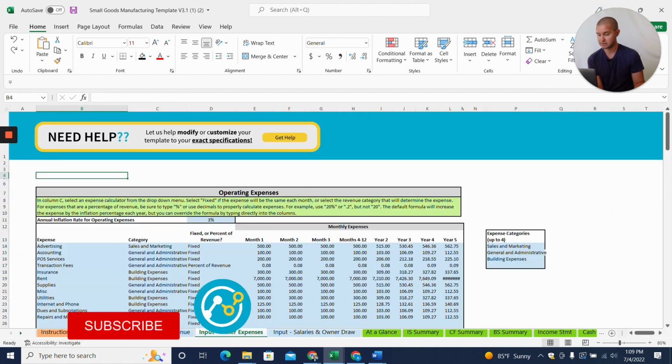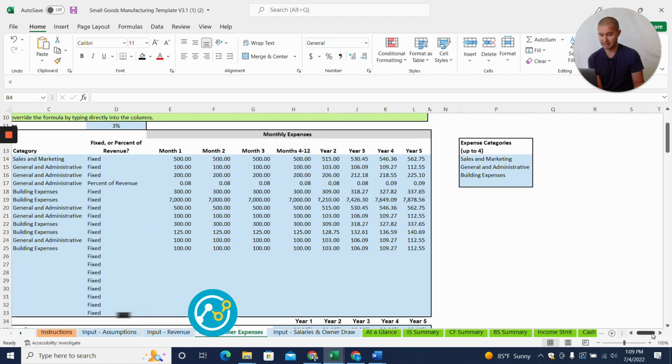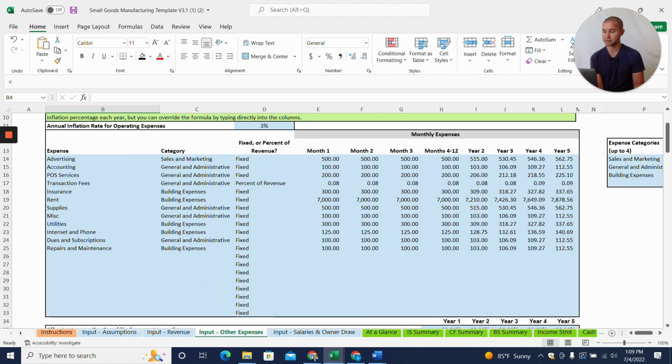All right. So now let's jump to our input other expenses tab. And what we have here is the ability to enter in different operating expenses. We've already entered in material cost of goods sold, labor cost of goods sold, but we have things like advertising or rent or insurance. The main thing to keep in mind here is that you can pick a category that you want those expenses to be in. And then you can pick whether that is going to be a fixed dollar amount or a percentage of revenue.